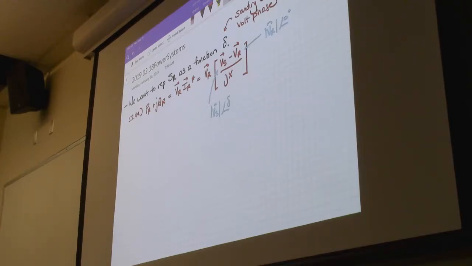Okay, now what we can do is we can split this up into the real and imaginary components, which will give us